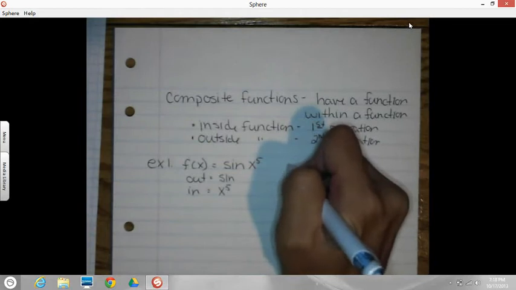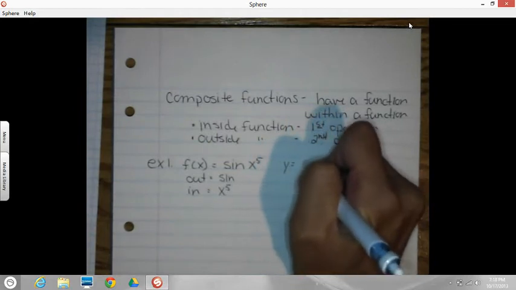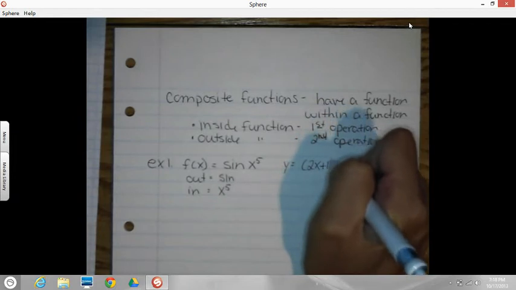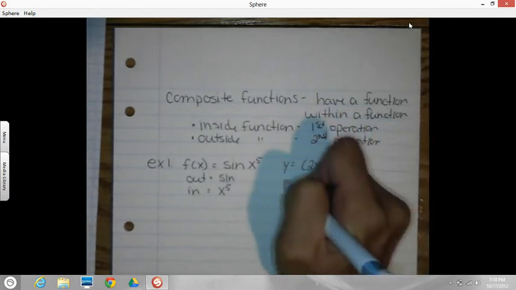If I had y equals 2x plus 1 cubed, outside